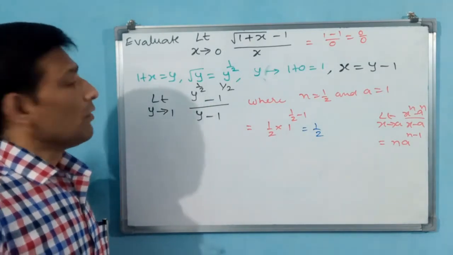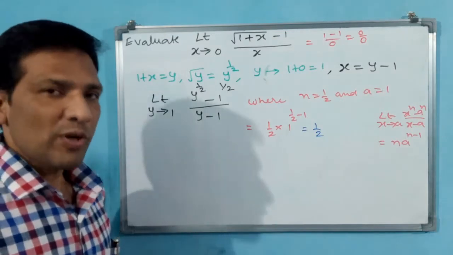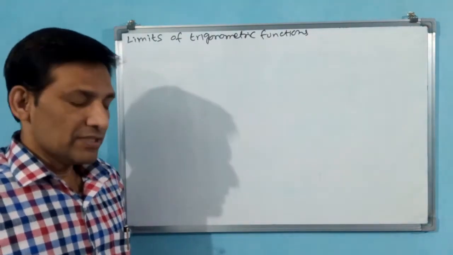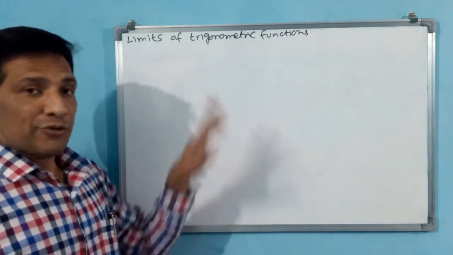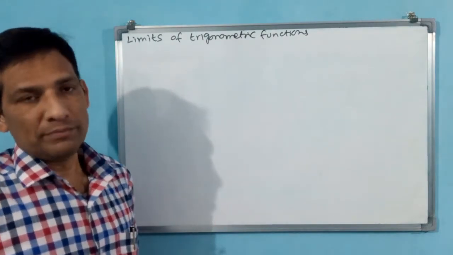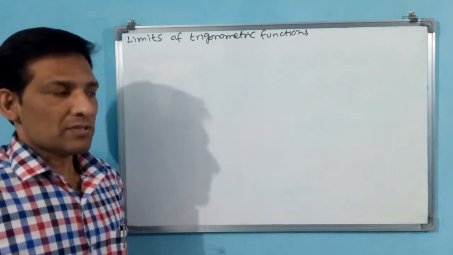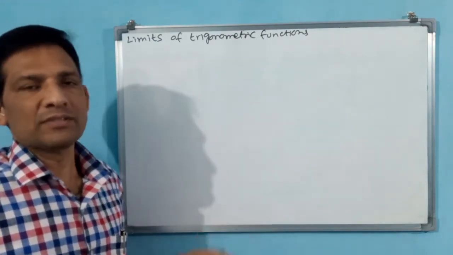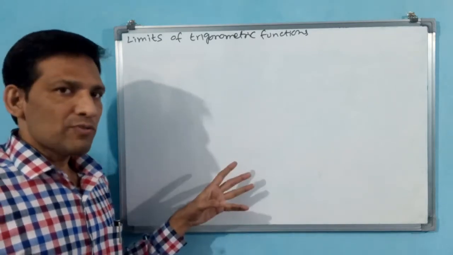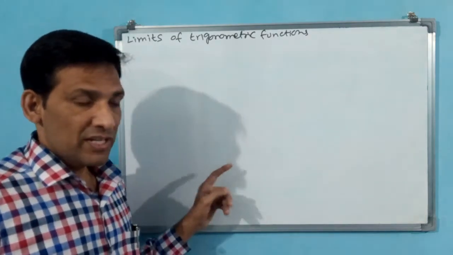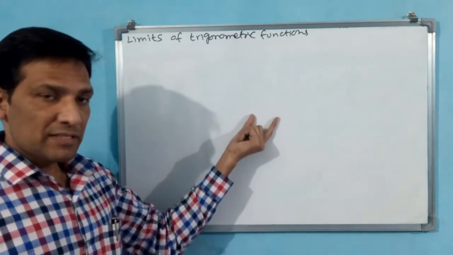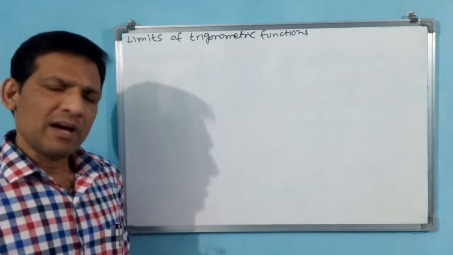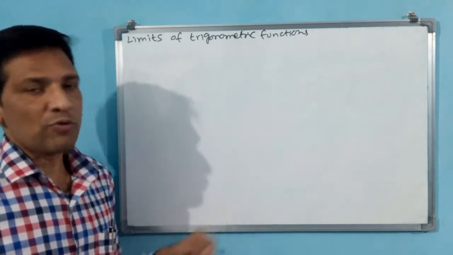Let us go for limits of trigonometric functions. Even in trigonometric functions, when 0 by 0 comes, what we have to do. See, some definite limits are there for sine, for cos, for tan. Those come with the same limits. See, sine x by x, but here x tends to 0 has to come, then only you can write 1. Like that, some definite limits are there that we are going to derive.